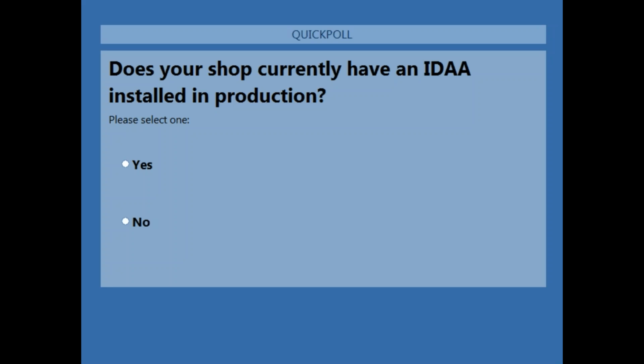And so we are bringing to you what we think is a really great product to help extend the life and the functionality on your Db2 for z/OS platform. We got our responses in, and yes, 100%, at least of the respondents, are currently using the IDAA. So without any further delay, our agenda today: